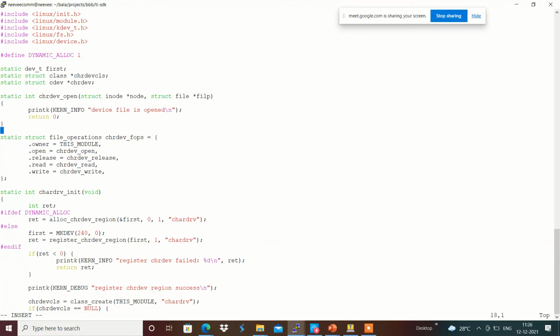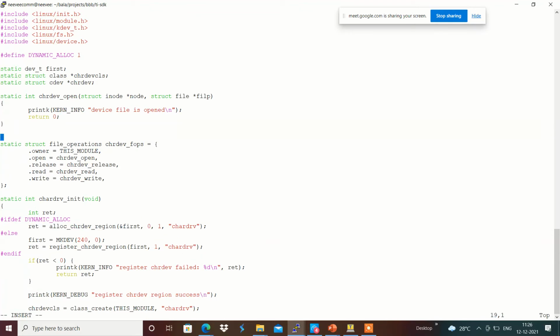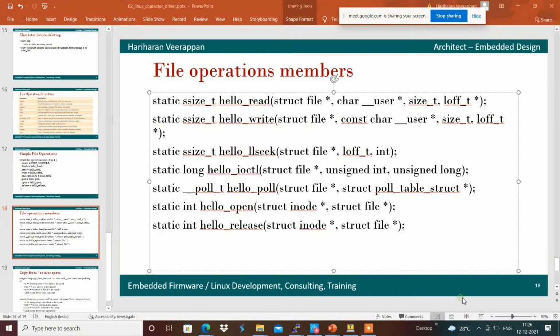In the same way, for the release we have the same definition with inode and file pointers.